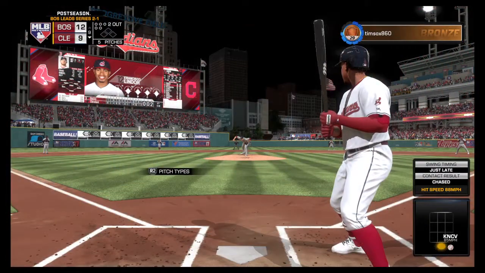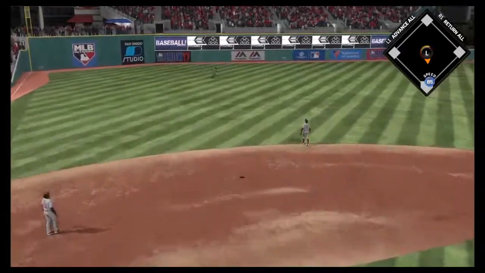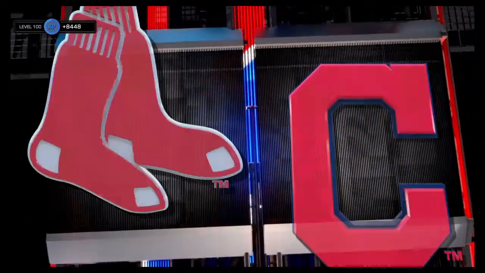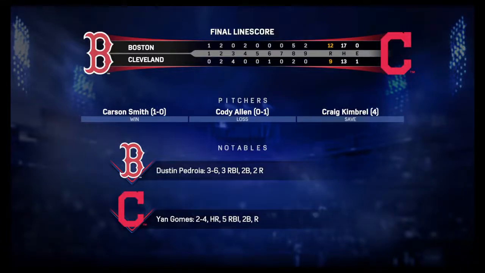So here's Francisco Lindor now. He comes to the plate as the last chance for his side. 2 out here in the ninth. First pitch of the at-bat on its way. And this ball's in the air to left field, and this should do it. And he'll put this one away, and the Red Sox are going to take a commanding 3-1 lead here in the series as this